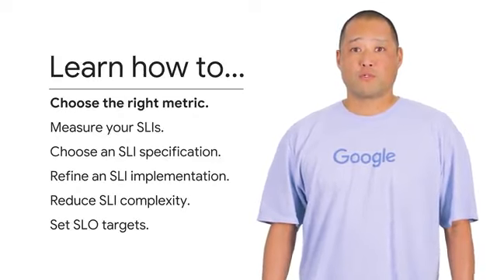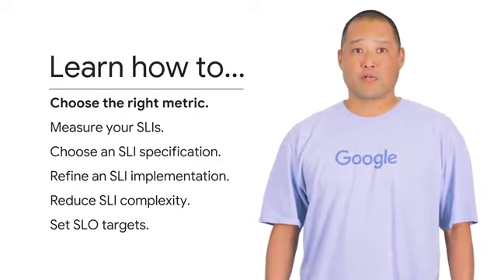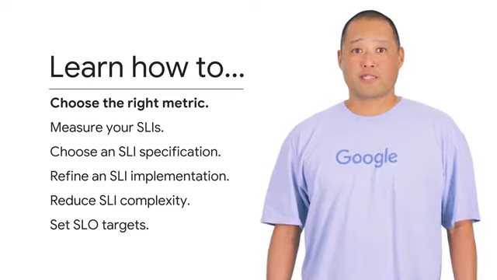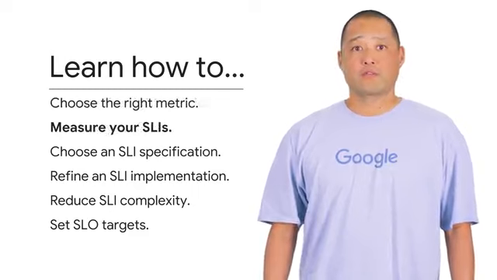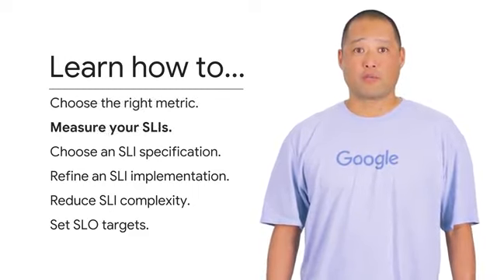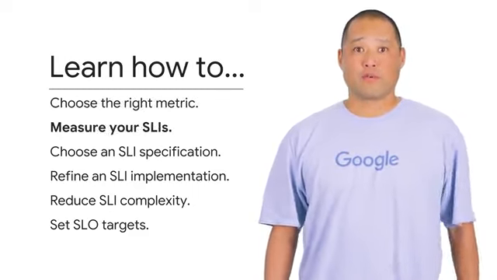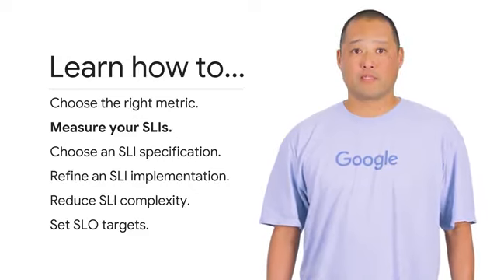In this module, we'll start off by taking a look at some characteristics and monitoring metrics that can make them useful as SLIs and contrast these against other metrics that are less useful. Because the choice of where to measure an SLI is a key variable, we'll cover the 5 main ways you can measure an SLI and compare their pros and cons.